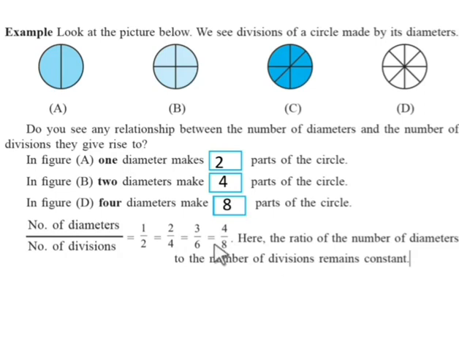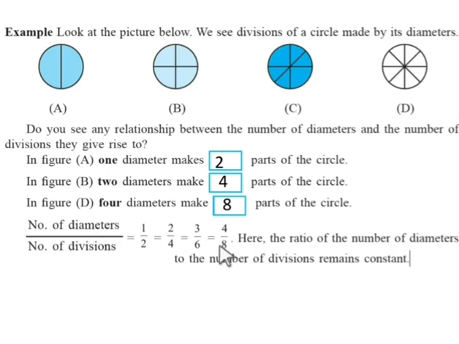That is, if you reduce all the ratios to their lowest form, you will find the lowest form of each ratio is 1 upon 2. So here 2 upon 4, if you divide both by 2, you will get the lowest form as 1 upon 2. Similarly, the simplest form or lowest form of 3 upon 6 is also 1 upon 2. Also, the simplest form or the lowest form of 4 upon 8 is also 1 upon 2.